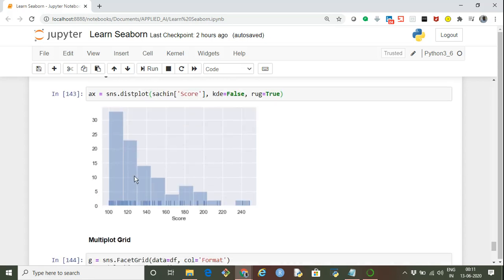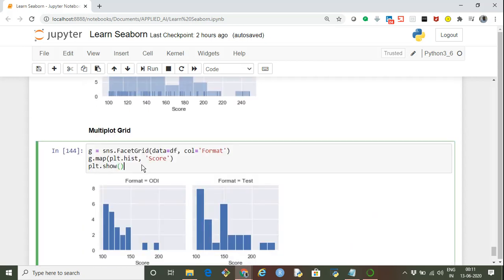So if you see in the histogram, there were 30 plus occasions where he scored between 100 and 110, and around 22 occasions where he scored between 110 and 120. In this way, we can get an idea of whenever he scored a century, how big that century actually was. If you see, there were around 5 plus instances when he scored a really big century, that is, when he scored 180 or more.